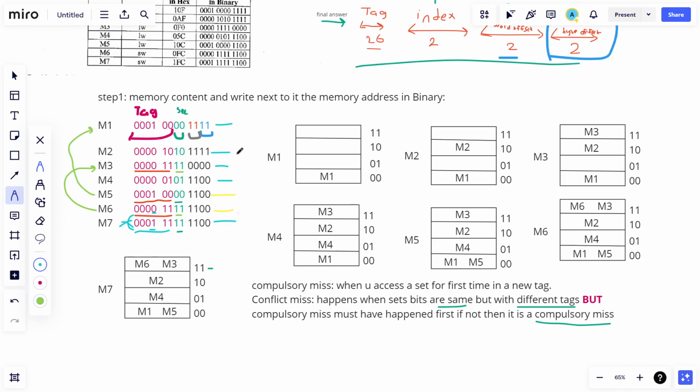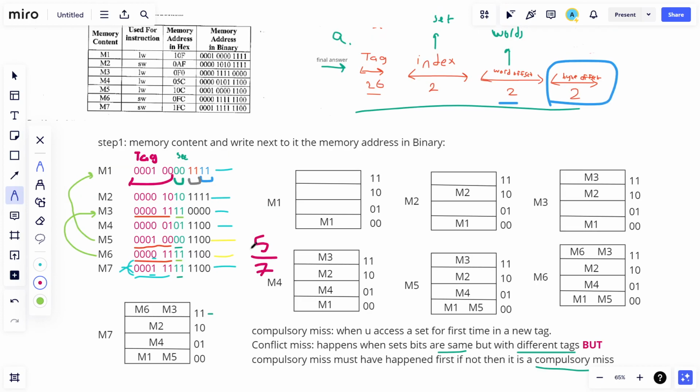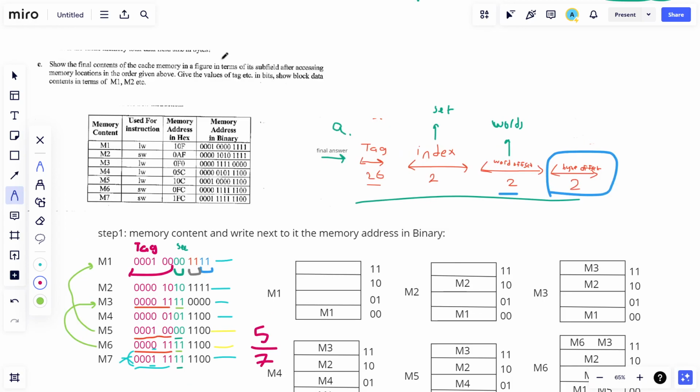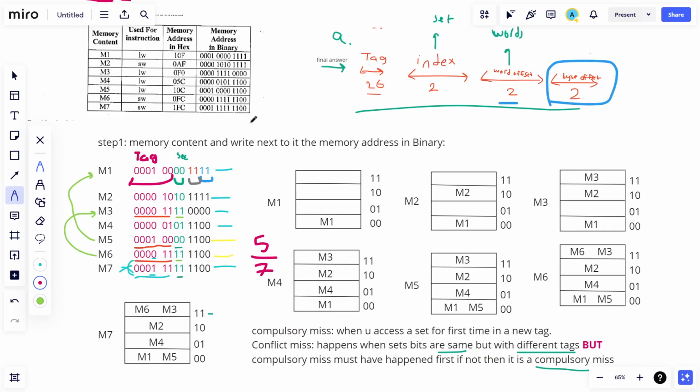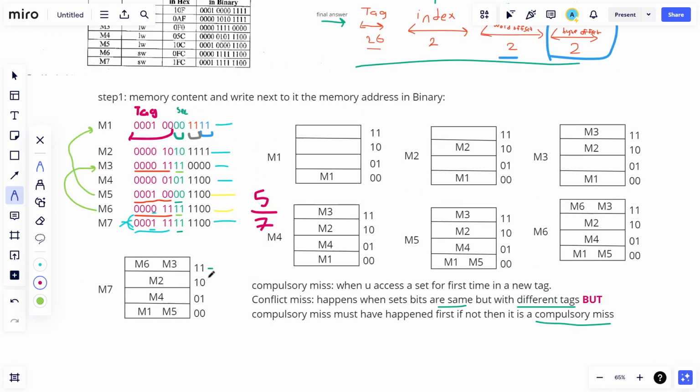And therefore, we have 1, 2, 3, 4, 5 compulsory misses and 2 hits. So basically our miss rate is 5/7. But actually this is not asked, because in part C they just asked you to write the following: show block data contents in terms of M1, M2 and give the value tags. We already have done this, and show the final contents of the cache memory, and this is literally what you